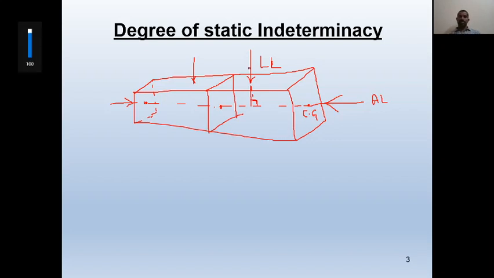So a structural member, when it is subjected to lateral load, is called a beam, and it must be sufficiently long and supported along its length. Those are other conditions. The main point is the axis; a lateral load must be there on the member. A beam may be horizontal, generally it is horizontal, but it may be in an inclined direction also, right? So before talking about static indeterminacy, let us discuss types of supports.